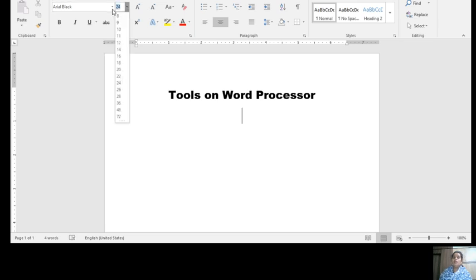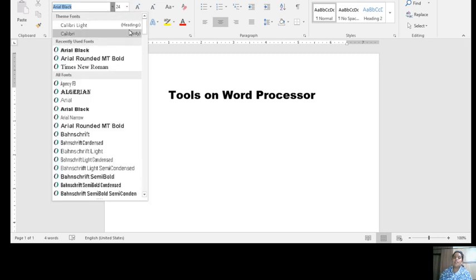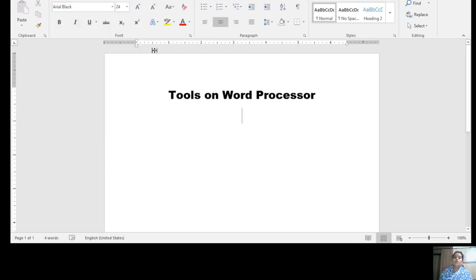font size, font style, bold, italic, underline. These things are your group. It forms a single group. This is called a group. You can see here subscript and superscript, bold, italic, underline, font size, font style. And you have increasing the font size, decreasing the font size. Changing the case, uppercase to lowercase to uppercase.